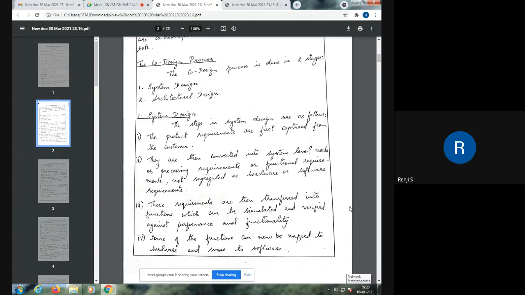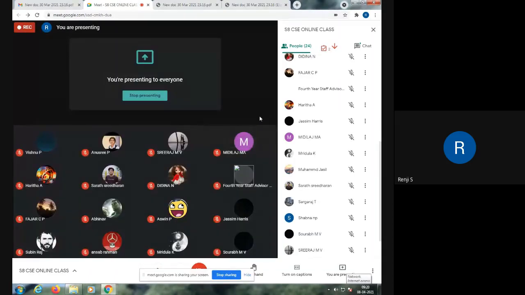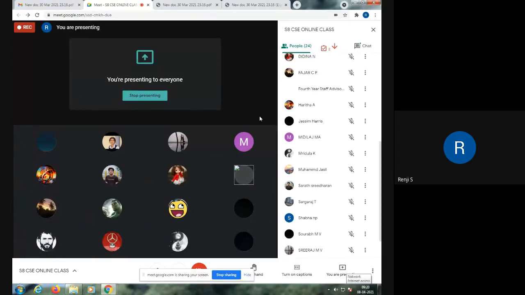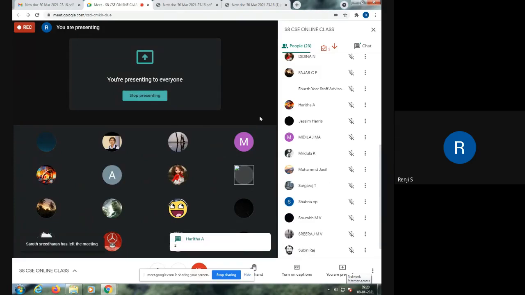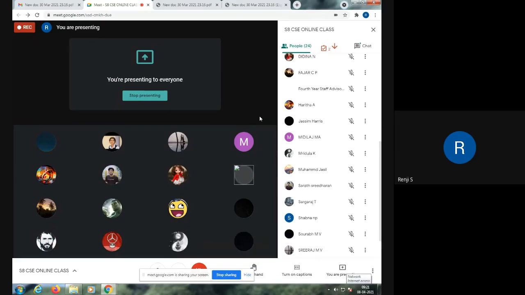ക്ലിയർ ആവുന്നുണ്ടോ? Hello. So what are the stages in co-design process? How many stages are there? There are 2 stages. Okay, Harida, what are the 2 stages? ഇതൊക്കെ സിമ്പിൾ ക്വസ്റ്റ്യൻസ് അല്ലേ? ശ്രദ്ധിച്ചിരുന്നാൽ മതി. എല്ലാം തിയറിയാണ്. First stage is called system design and the second stage is